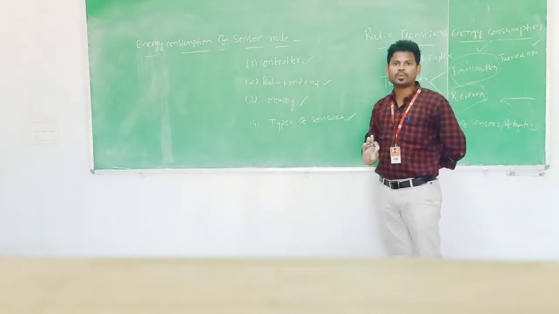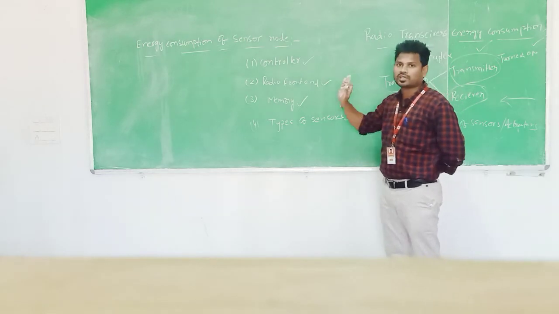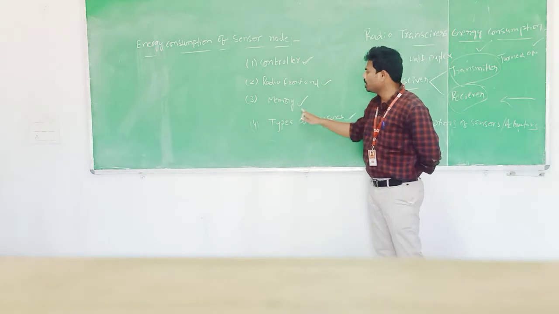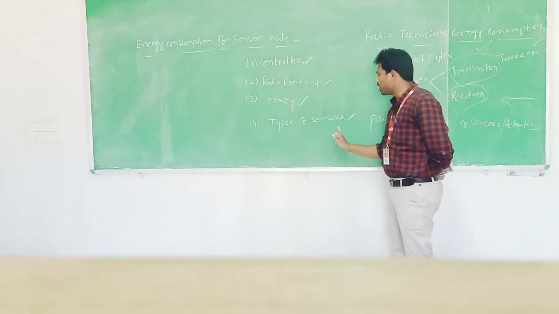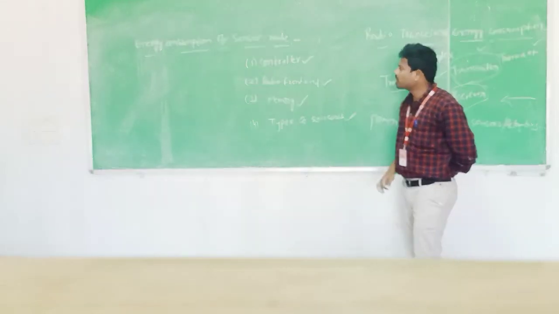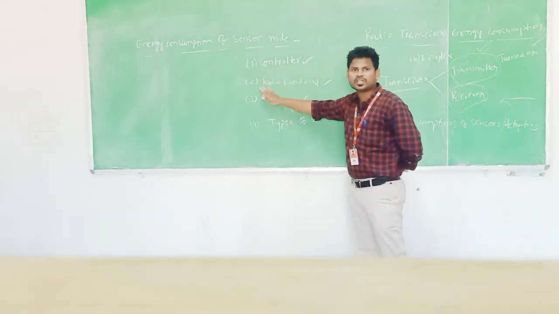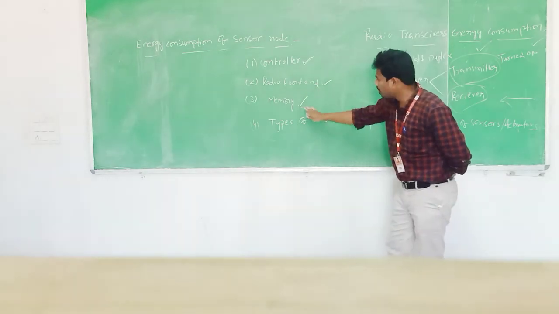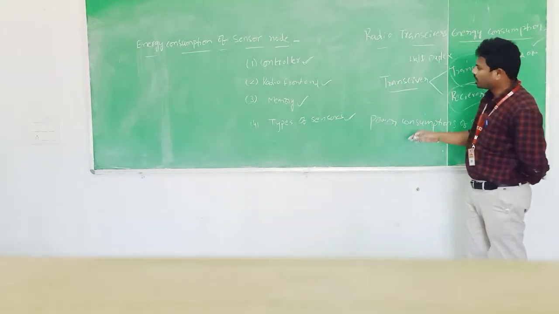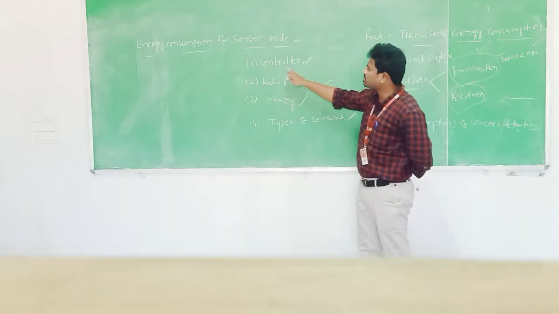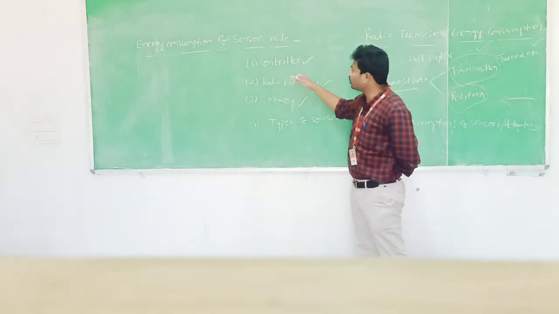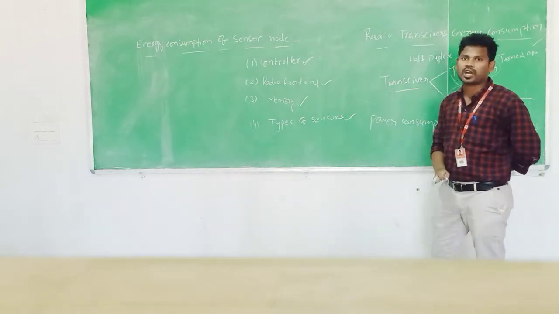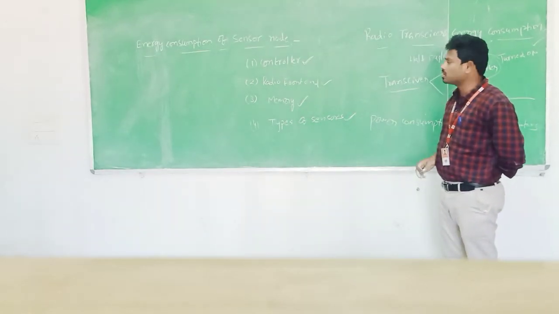The main consumers of energy in a sensor node are the controller, radio front end, and memory. The fourth one is types of sensors. These are the main consumers of energy in a sensor. First one is controller, then radio front end, memory, and types of sensors. Coming to the first one, energy consumption of the controller. Before we go to this topic, we can reduce the energy consumption of a sensor node by using two methods. First one is